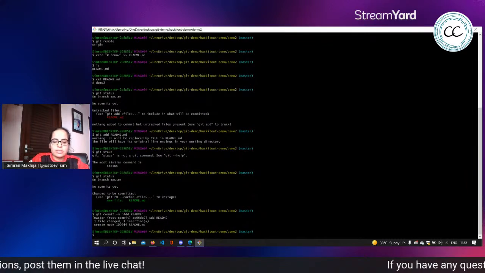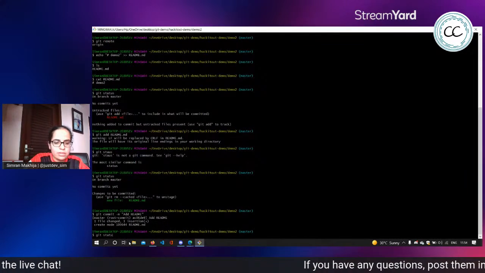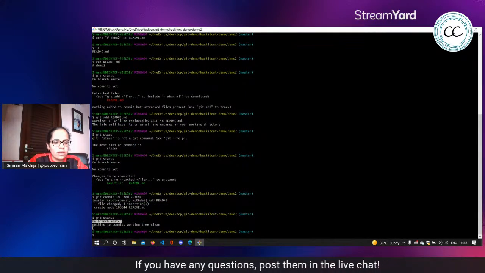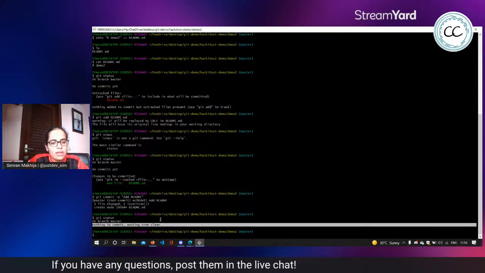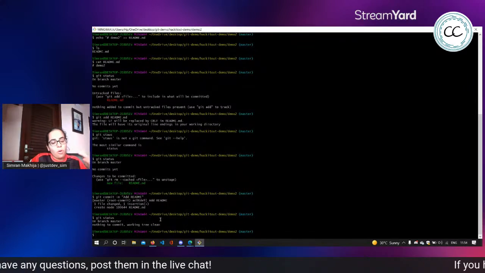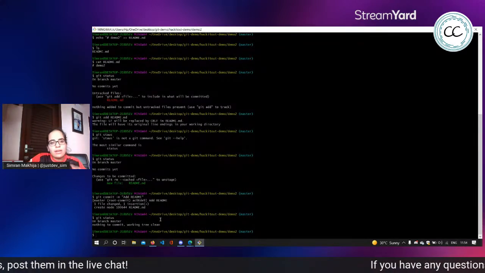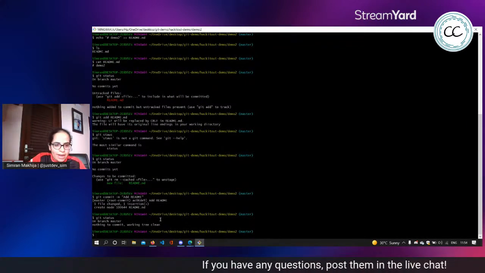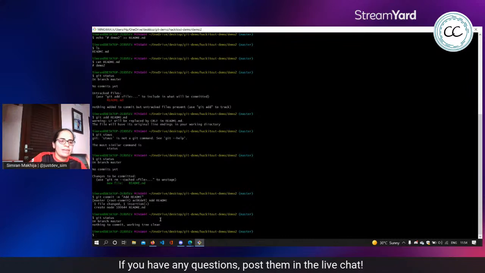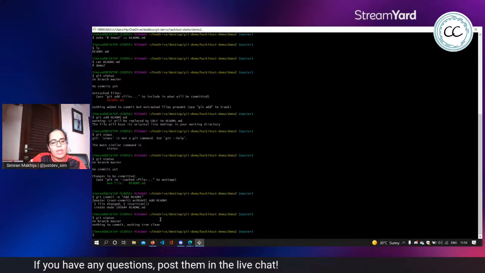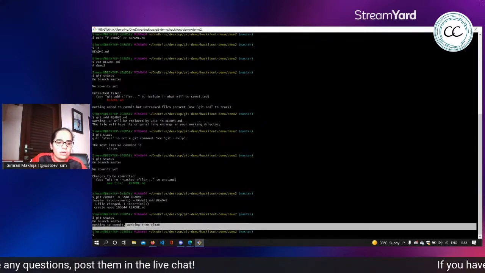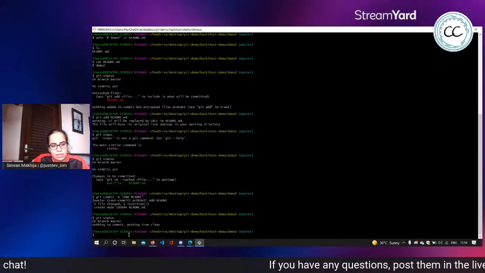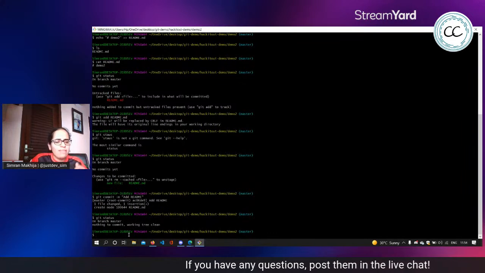We go with git status, and it says on branch master, nothing to commit, working tree clean. That is, all the files that you have here that aren't a part of your gitignore are files that are being tracked. All those changes have been added to Git and saved in a commit. In this working tree, there are no changes that Git is not aware of or is not saving.